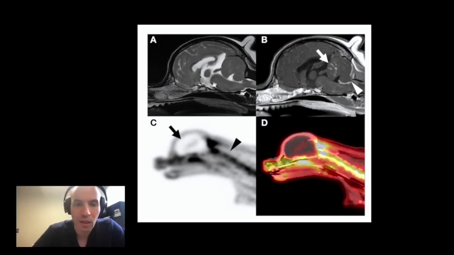uptake of the FDG. So looking at figure 1C, it's a sagittal of just the PET itself, and then D is the PET combined with CT. Hopefully you can appreciate that there are darker regions, at least on image C, or the more yellow regions on image D. Therefore, there's more uptake of the FDG, and where there's no uptake, so either the white areas or just areas where there's no signal, then again, there's no uptake in that region. As the brain generally uses a lot of glucose, there should always be some uptake of the FDG. Therefore, this patient became brain dead sometime after induction, but before the PET scan.